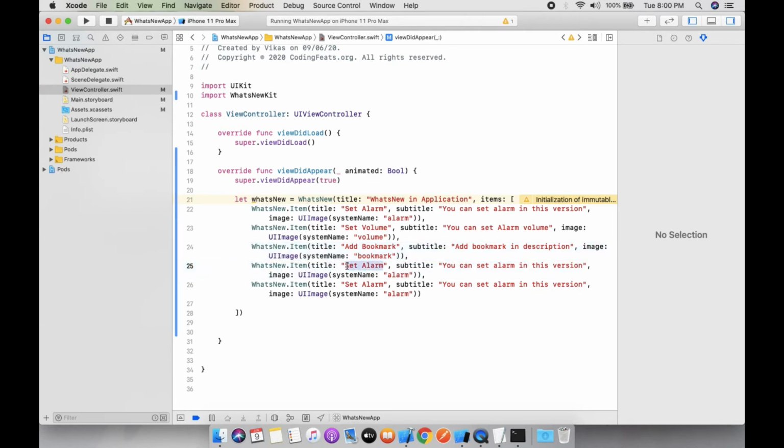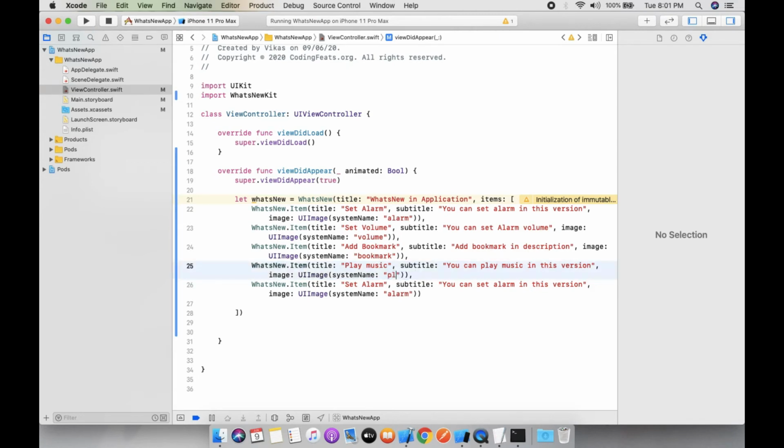Now you need to play music, you can play music in this version.